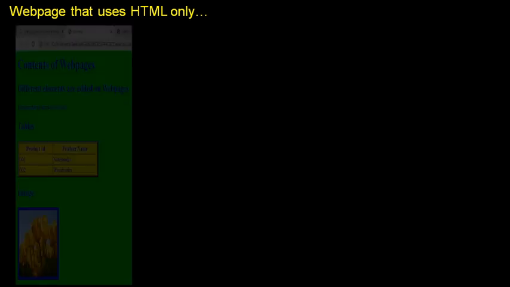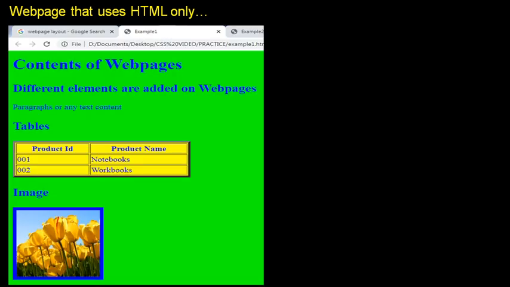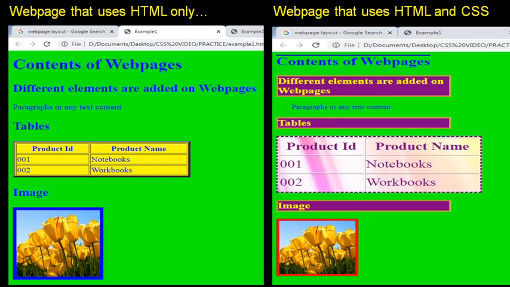For example, let us see a web page where we have used only HTML. We have put different contents on the web page like headings, paragraph, table and image. Now we have modified the same web page and added CSS codes to the HTML file.